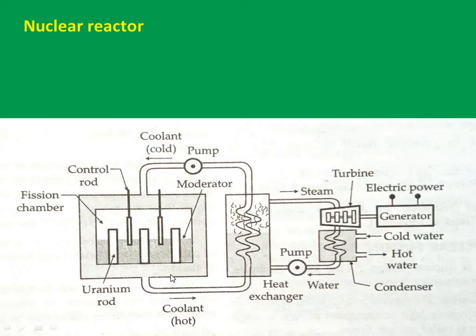So when the uranium fuel rods are placed in these cylinders, you can notice here, once the neutrons bombard them, the reaction will continue. If the neutron number is more and you want to control that, control rods will be introduced, and thus neutrons will be absorbed and we can control the reaction. And if you want to slow down the neutrons, the moderator will do the work. So are you getting the point here, how the entire process will work? Is it clear for everybody?